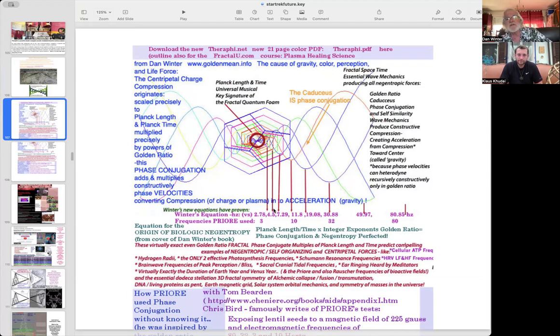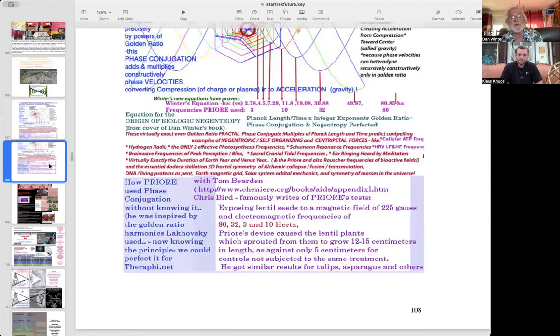And so these are the frequencies if you multiply Planck by golden ratio for that cascade. So again, we've talked about this many times. This is the implosion, and this is also the slide which we invented. I invented therapy.net from this principle. And here is Tom Bearden's work showing the same implosion to Planck. Well, actually, at that point, he didn't know that it was implosion to Planck. He was using Antoine Prieurie's frequencies, which are very close to Planck, and he showed indeed that the resultant longitudinal coherent waves had a dramatic effect on seeds, in this case, exposing lentil seeds to this cascade, which now we know is right here, very close to golden ratio times Planck.